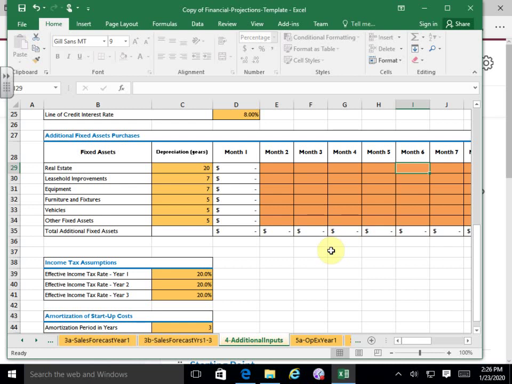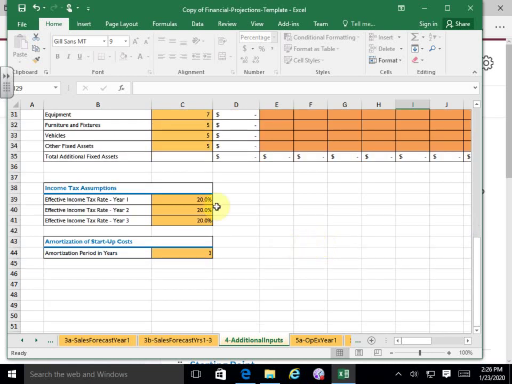What it's doing is just adding that to your equipment, and it's starting a depreciation thing on that, right? It's also taking it out of your cash flow, and so it'll show up on your cash flow statement, okay, where your line of credit may kick in if you don't have enough cash flow to pay for it, those types of things. But that's fine. We address that on the cash flow. Okay.